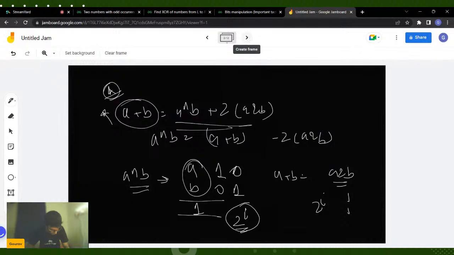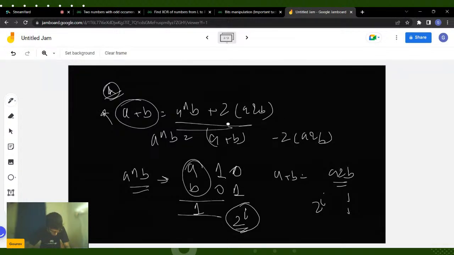Yeah, so please make a note of this expression. This may come in handy while you're trying to solve any question which may involve addition, XOR, and the AND operation. Mostly you will find that questions involving bit manipulation can be done if you write everything in the form of XOR or AND. So if you are adding two numbers and you want to do it in terms of bits, instead of just writing A plus B, write A XOR B plus 2 into A and B. So you can do this operation in terms of bits.